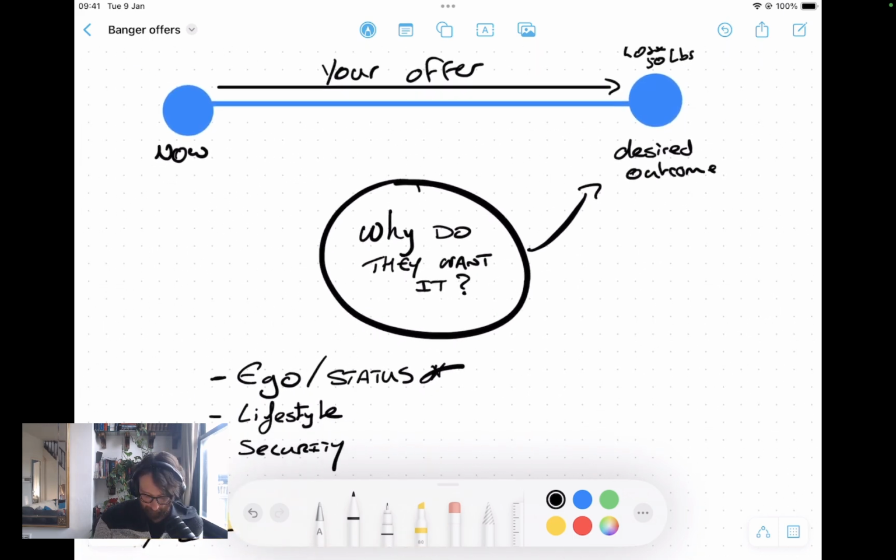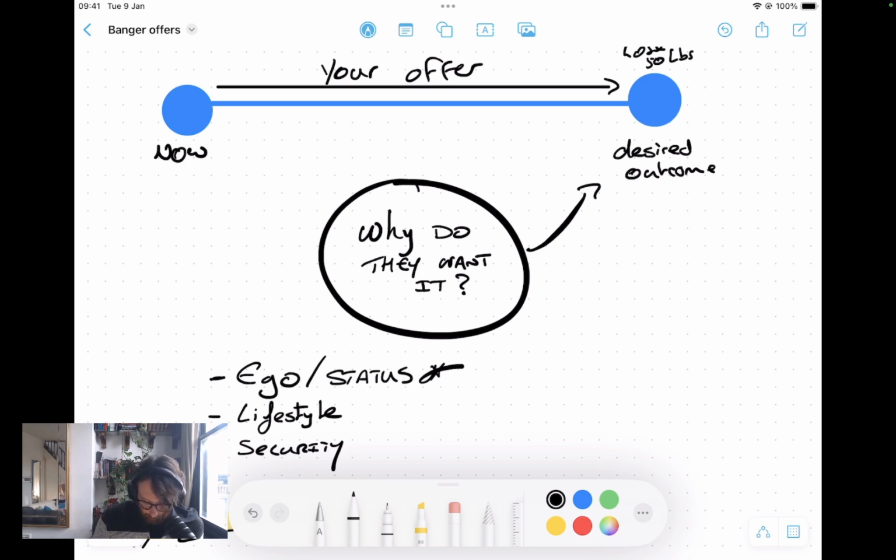The other thing is a security element. And so in the health and weight loss idea, the security element might be that they have just had their grandchild and they want to be alive for an extra couple of years because the doctors said they're dangerously overweight. So they want to secure their future. And so there's a security element now. I want to be around to help these people and be a good grandparent to my grandkids.